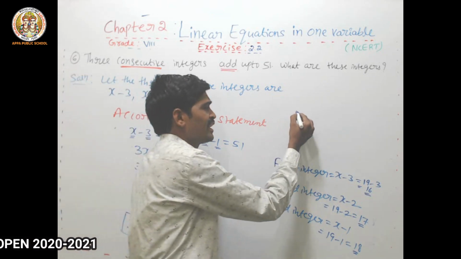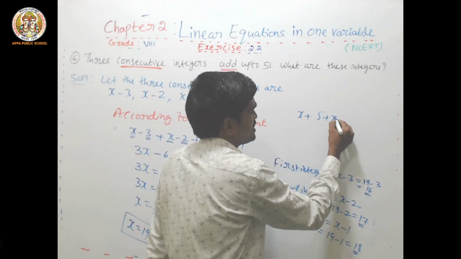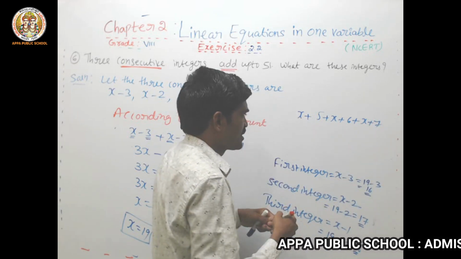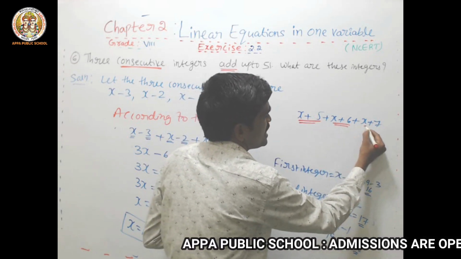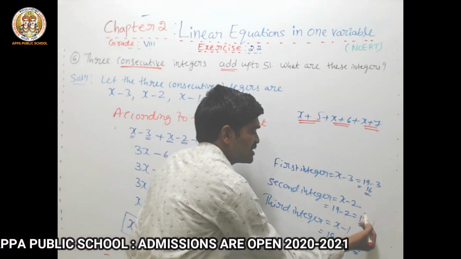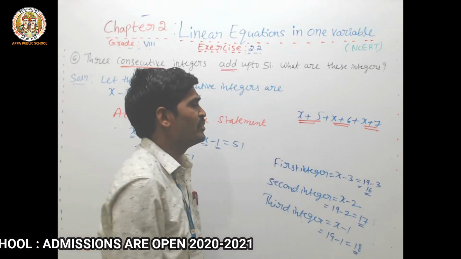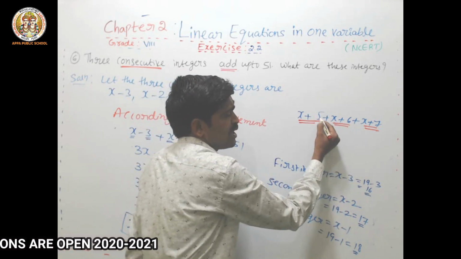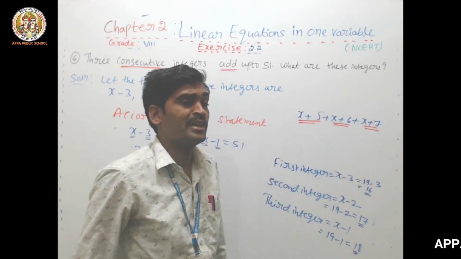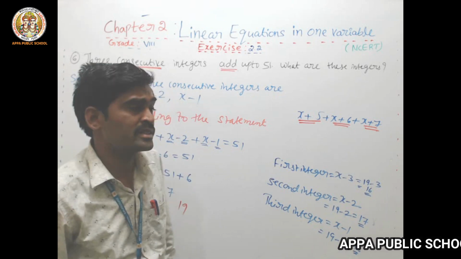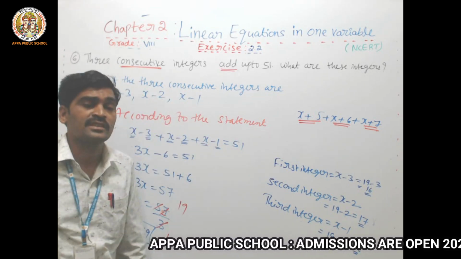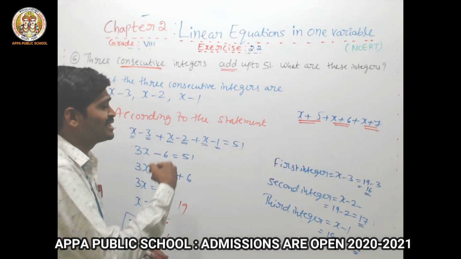And also you can try it like this, x plus 5, x plus 6, x plus 7. Here, first integer, x plus 5 consider, x plus 6, x plus 7. If we calculate like this also, we definitely get the same answer, 16, 17, 18. But the point to remember is we have to take consecutive numbers, 5 after 6, 6 after 7. Don't skip, 5 then 9 like this, you have to take continuous numbers. Understood, my dear students? You can go for negative numbers or positive integers, we will get the correct answer. Which one is easy? You can apply.